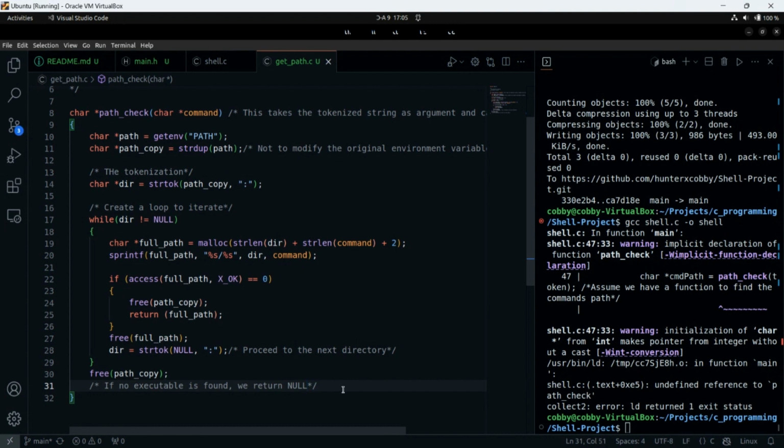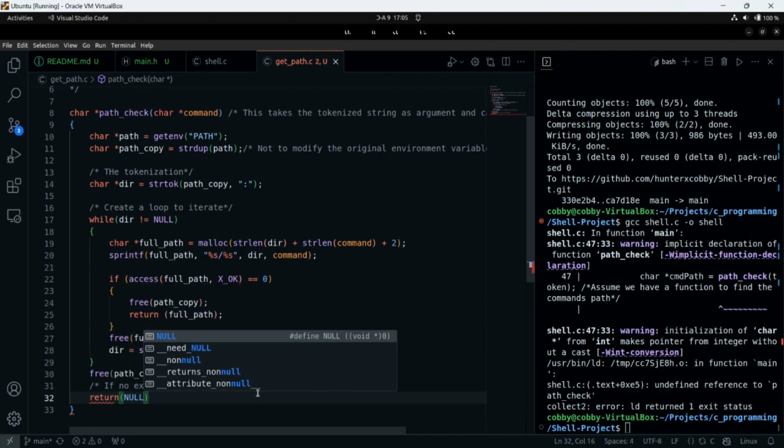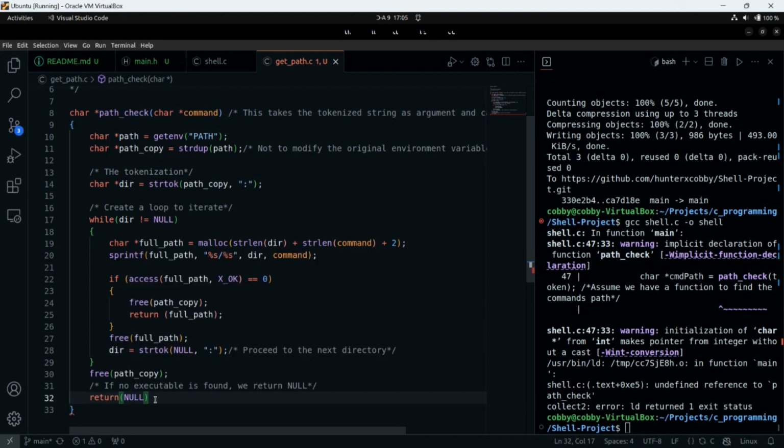So let's return it here. So the return null will be where? Here. Why do I always want to use colors for return? So we want to return null, right? So I guess we are good to go. We are not all good to go, but we are good to go.